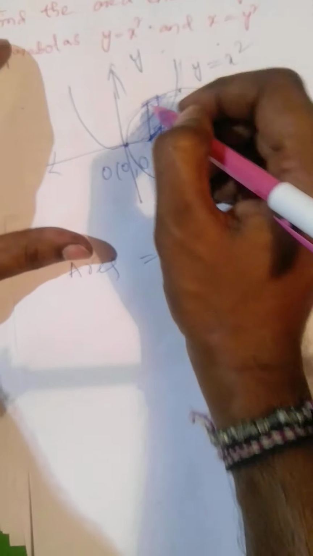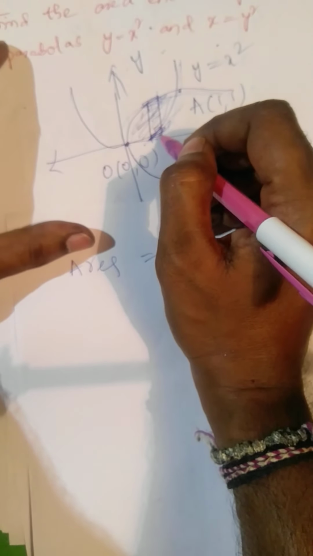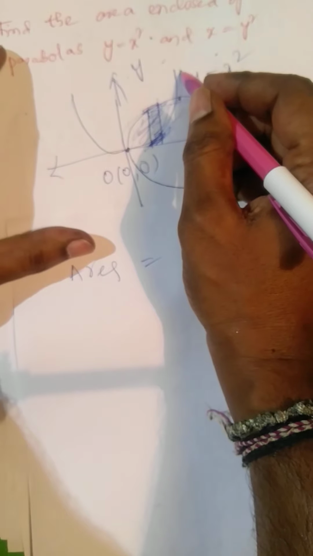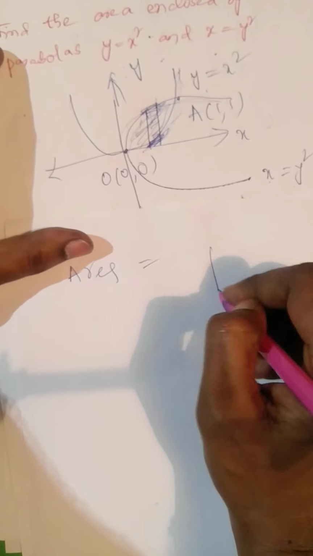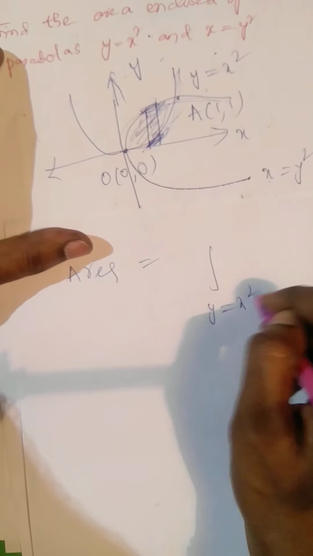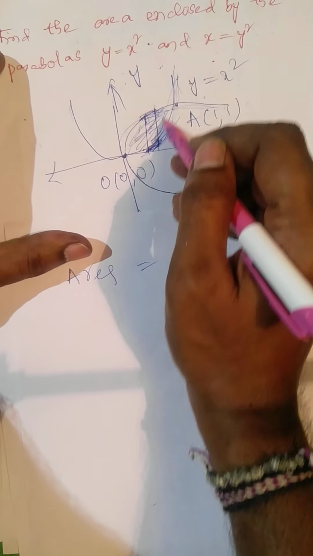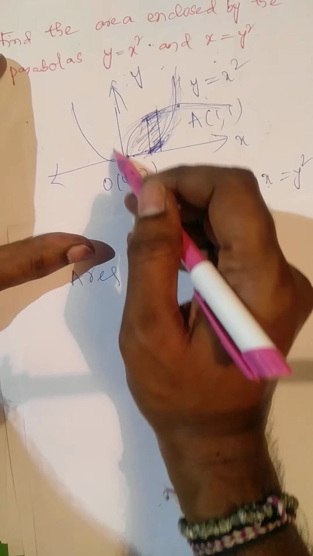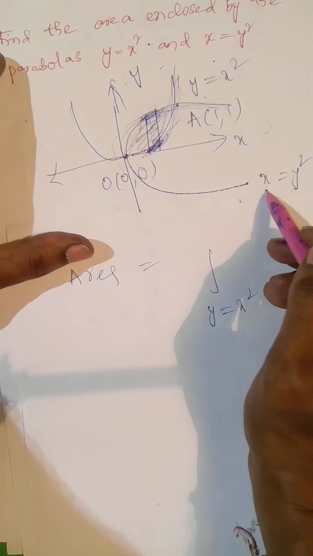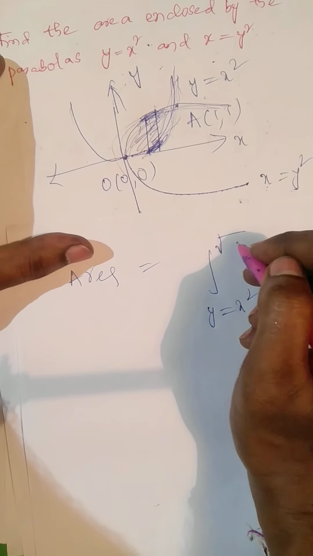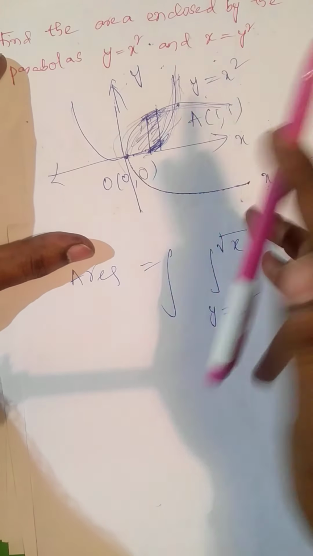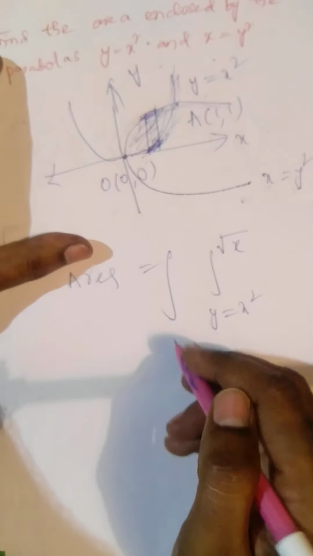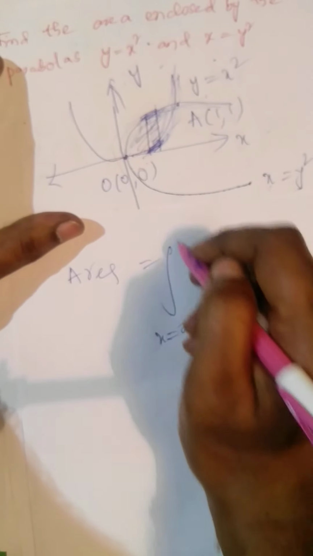Is it clear, right? This is your strip, vertical strip. This is the lower limit, right? And this is the upper limit. The lower limit is there on this parabola. What is this parabola? Y equals x square. Y equals x square is the lower limit. Okay, now this is the upper limit, right? The upper limit is there on this parabola. What is the upper limit for y? Y square equals x, so y equals root over x. Now we can take the x limits. Y limits are done. Y equals x square to root x and x equals 0 to 1.